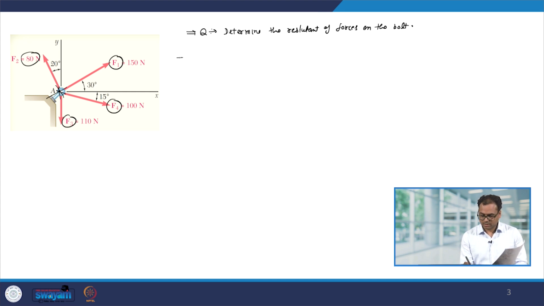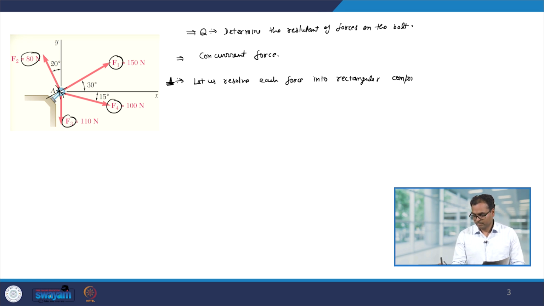These are examples of concurrent forces. Now, to determine the resultant, let us resolve each force into rectangular components. Because here the x and y axes are given, let us resolve them along the x and y directions. So, we have 4 forces